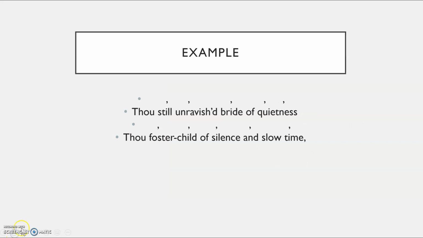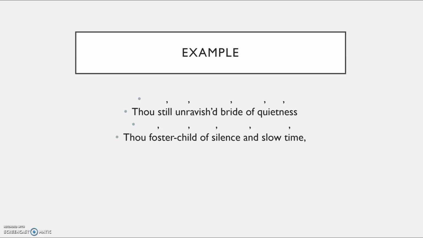And what does this look like? So if we see this example, "Thou still unravished bride of quietness, thou foster child of silence and slow time." So each syllable represents a different part of the foot. So the stressed syllables are where